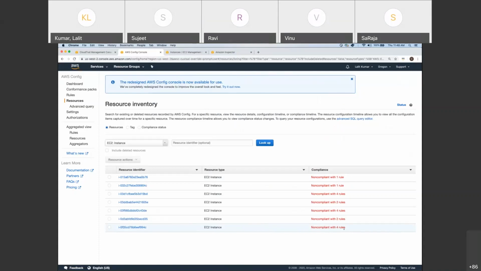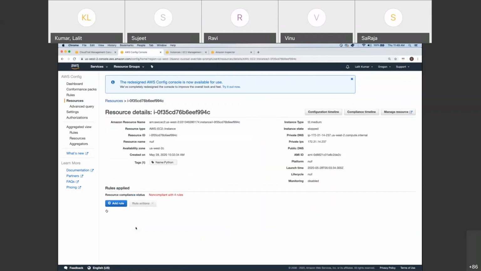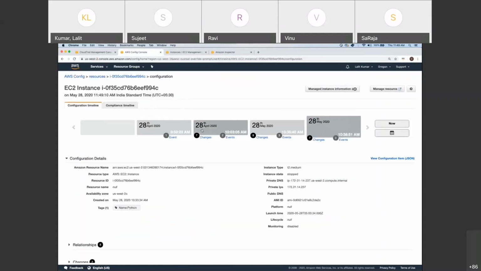First thing is, what is the configuration? I'll load the configuration time. So it tells me that on 28th April 2020, this instance came up, and there have been changes. There have been 7 changes on 28th April. On 8th May, today there are 8 changes. There are again 7 changes at this point of time. So this tells me the history of what all changes have been done for my instance